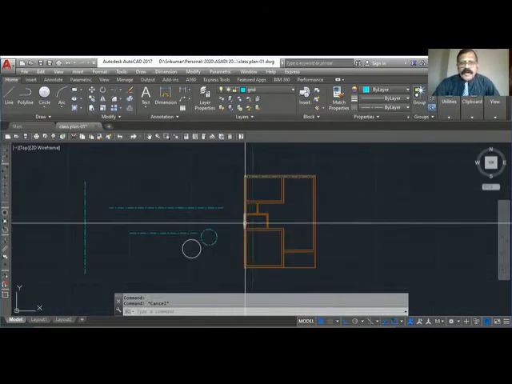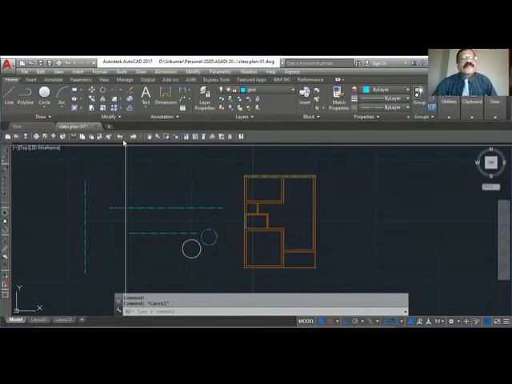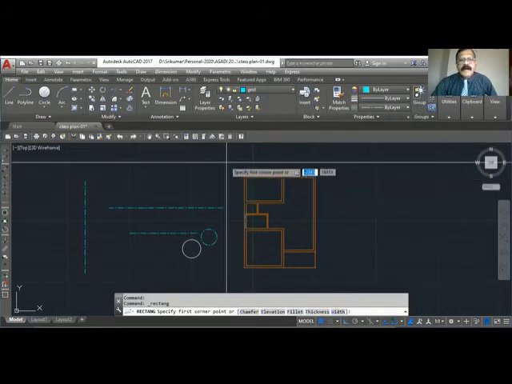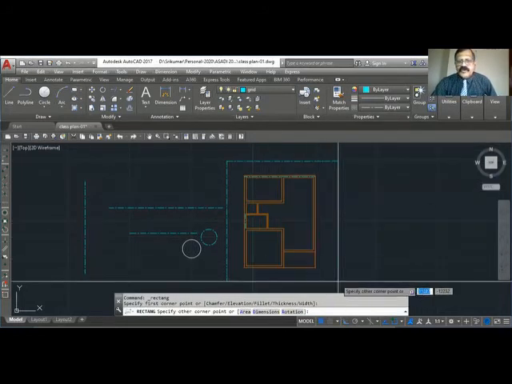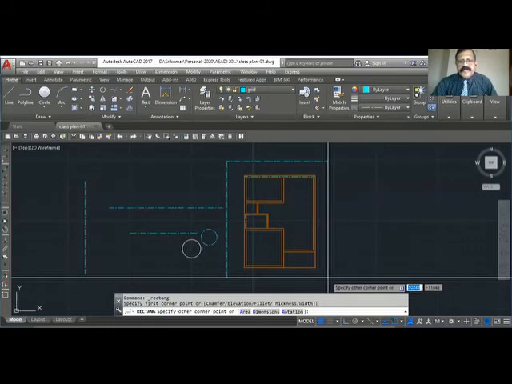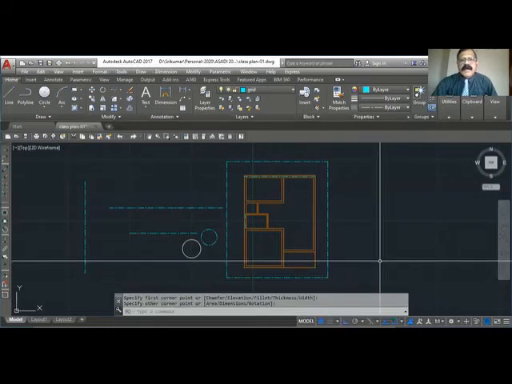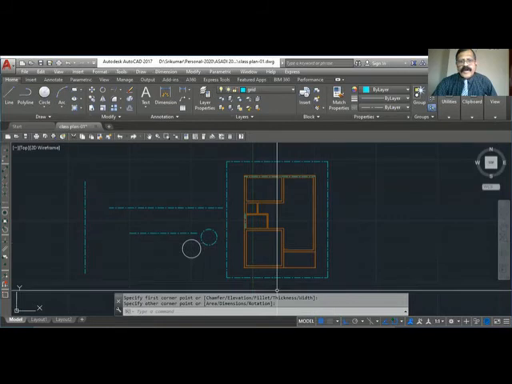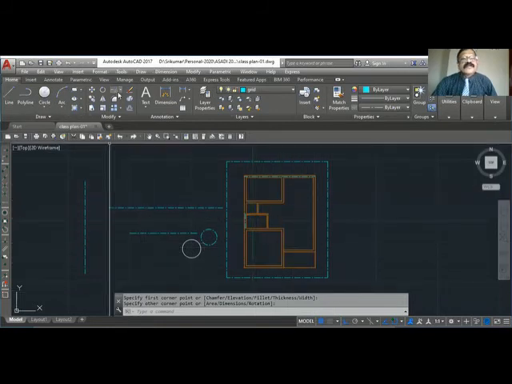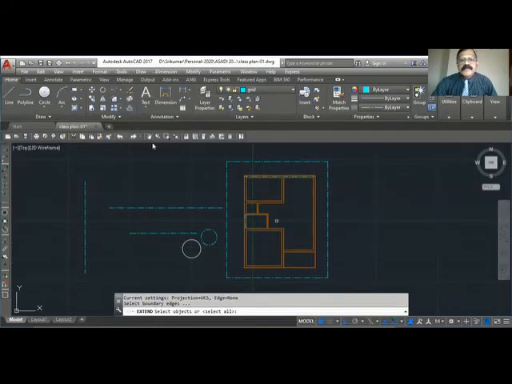Now I have to extend this line. I will just draw a rectangle because your grid line should be extended a little away from the wall. I just drew one boundary line to extend this line, and I will use the extend command.